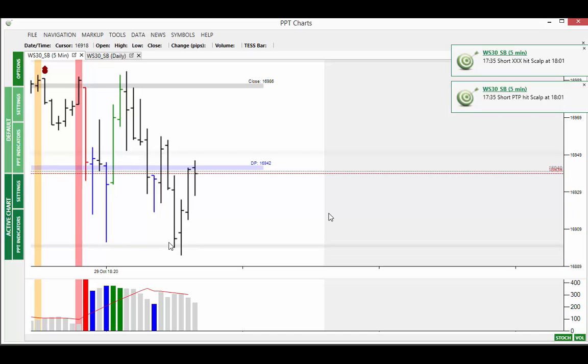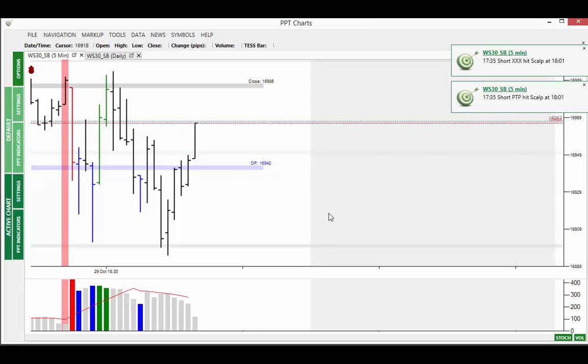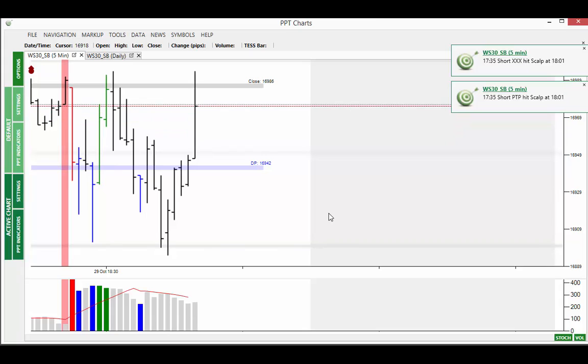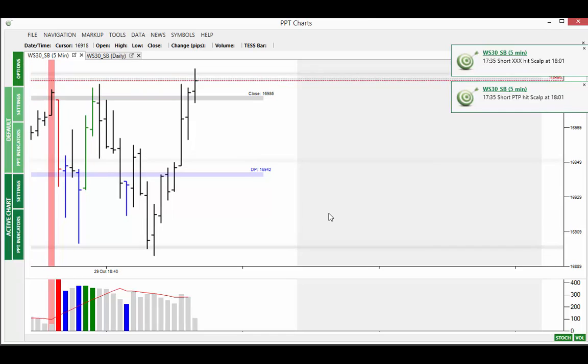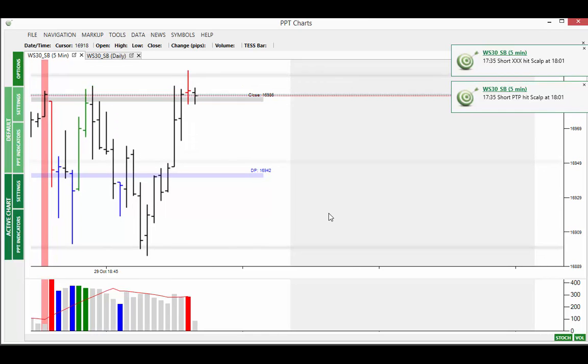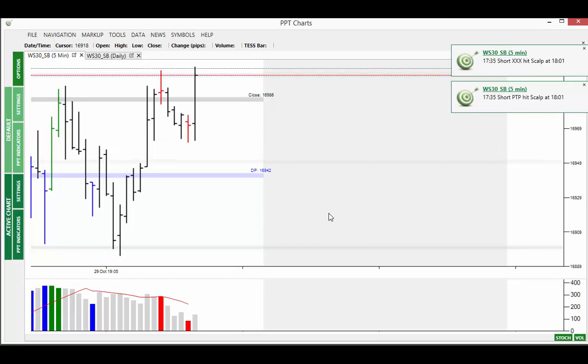They keep supporting the market at 16,950, and there you can see the market coming back above the 16,950. Sorry, this is the 16,000 level. So then the market moves higher. There's no signals, unfortunately. It's a very choppy session following the announcement by the Fed, which is unusual because normally